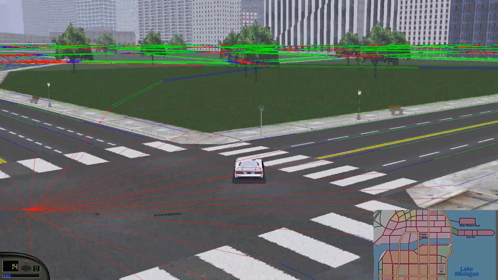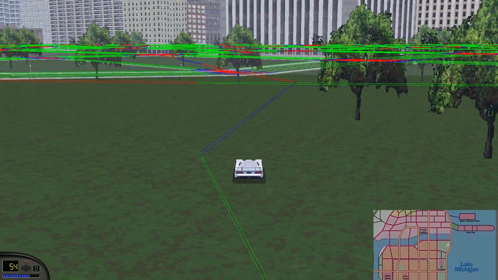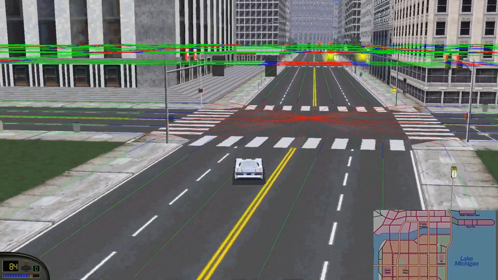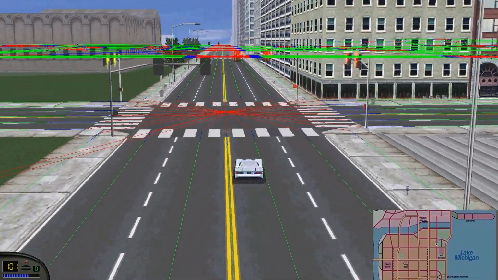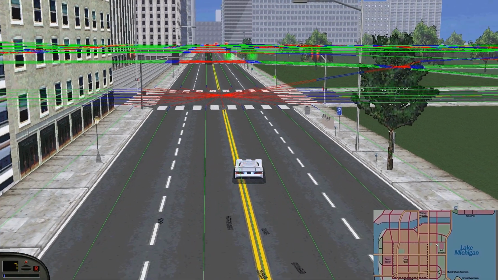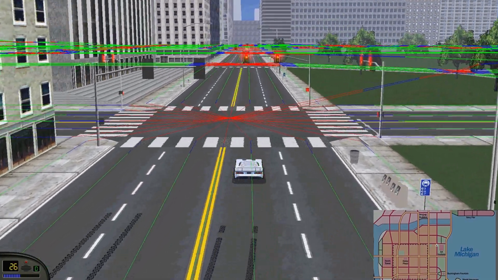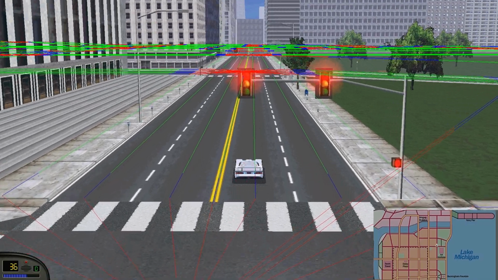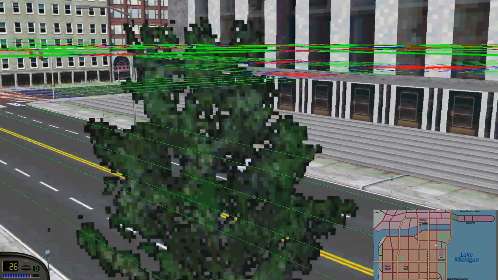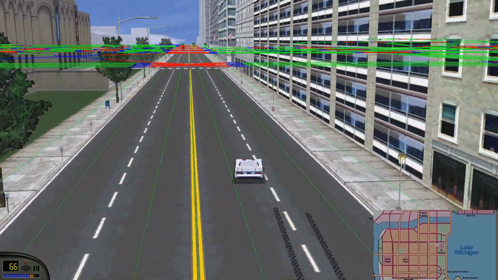So one note about this, because this seems quite easy, this is very buggy. Do not expect it to work all the time. So I think if I were to start a race over here with a slow car, when it is reaching the intersection it might go 30 miles per hour. It will actually not take the shortcut, but it will go straight, because for some reason it thinks it is a better route. So in that case what you should do is you should start the race far back, and